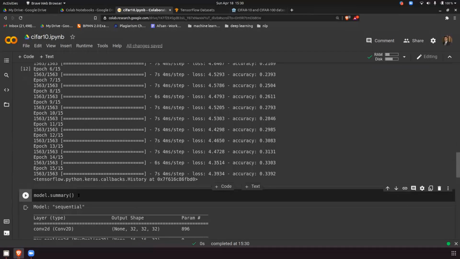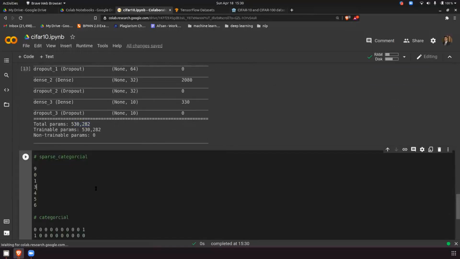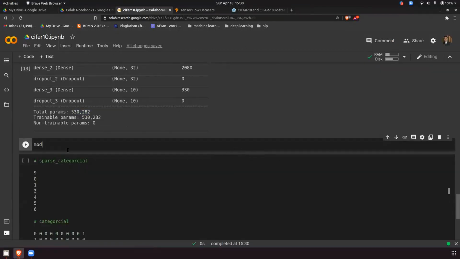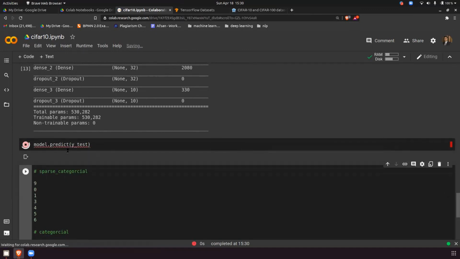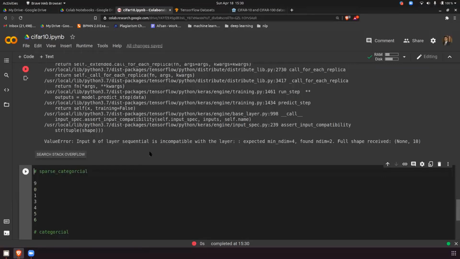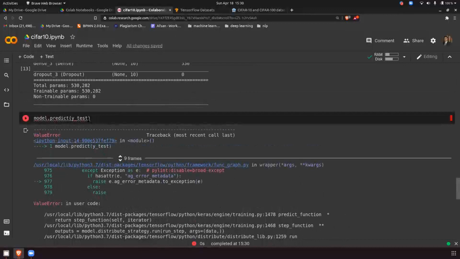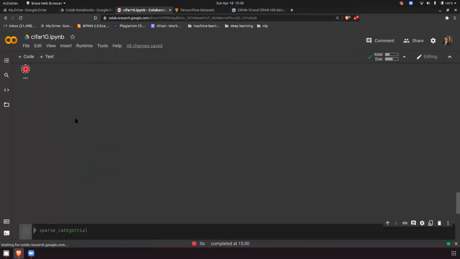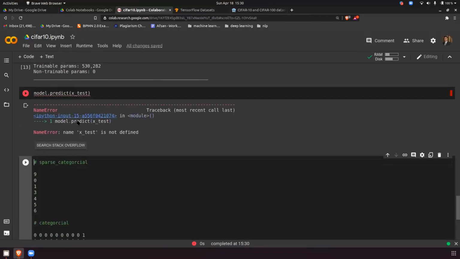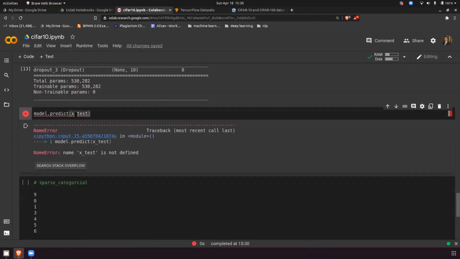And how to predict is very simple. You have to just do model.predict, and inside this you have to pass X test, capital X, and run this. I will save this into y_pred so that I get the output.